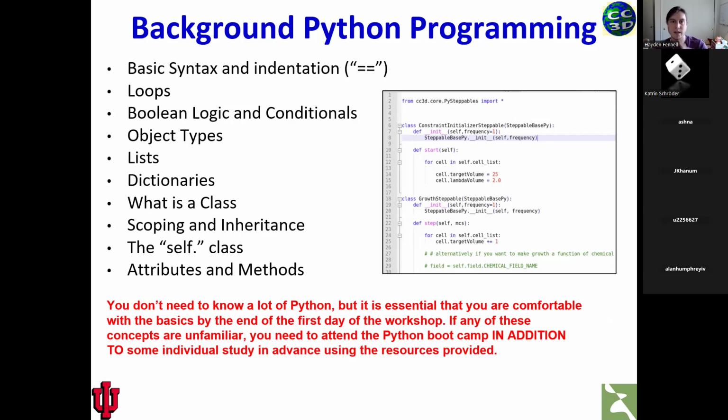So if you would like to watch last year's boot camp in advance of the workshop, if you can't attend this year's boot camp, we recommend doing that if you're not already familiar with Python. But some things you need to know: basic syntax and indentation. How indentation works in Python is pretty important. So understanding that, the basics of loops, particularly for loops, and along with that, Boolean logic and conditionals, how to do if statements, how to check things within a loop. You know a little bit about object types, how objects and inheritance works in Python, the basics of lists and dictionaries,